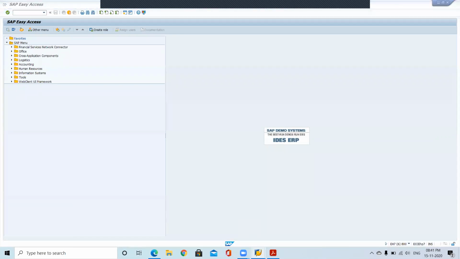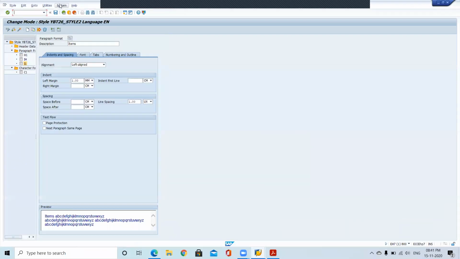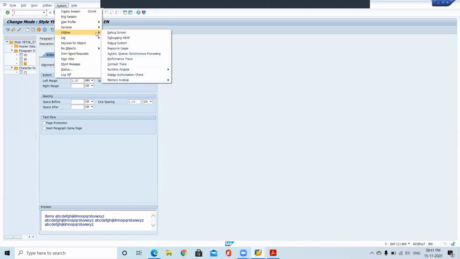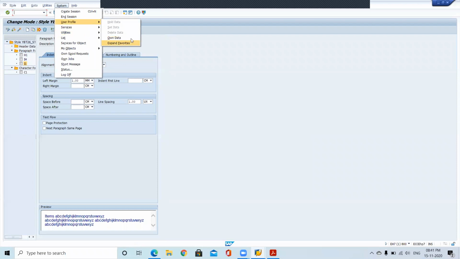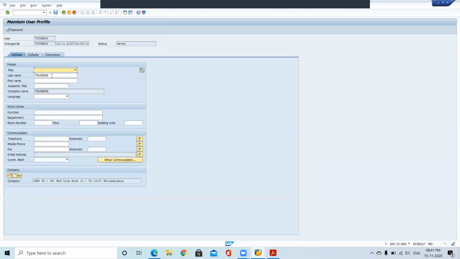Why is it taking time? So now, System, User Profile, Own Data. Here you can specify the name of the person. It is showing user 56.